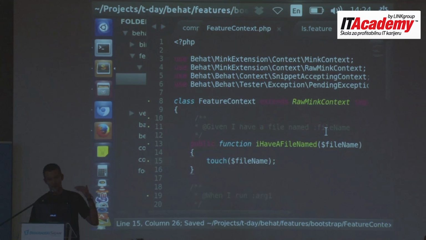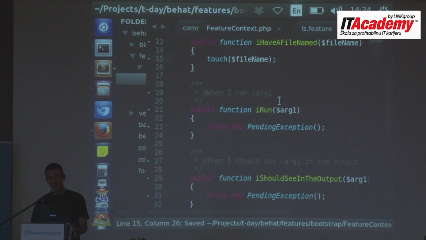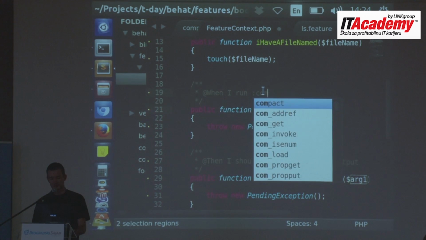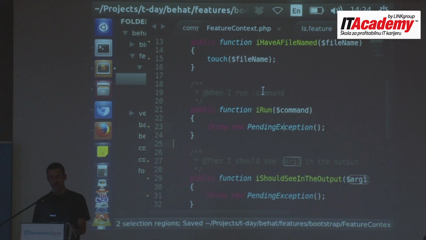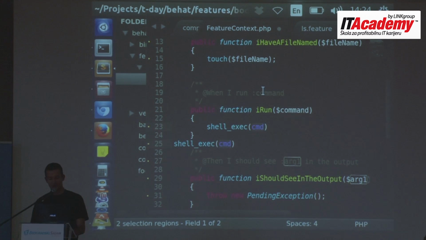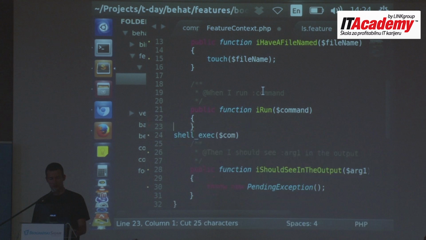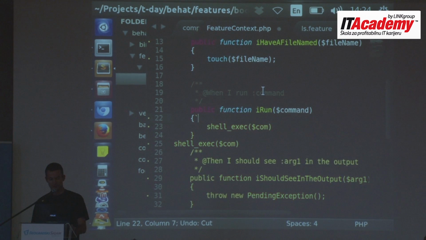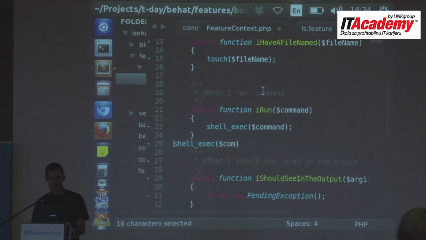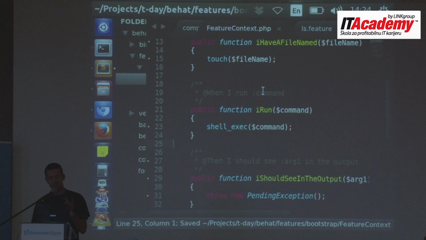And I do this for each auto-generated method. I run a command. I will use shell exec to run a command. Hard to type. Okay, I'm running a command.